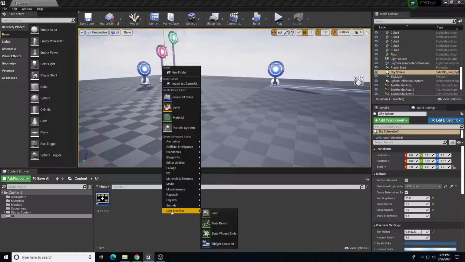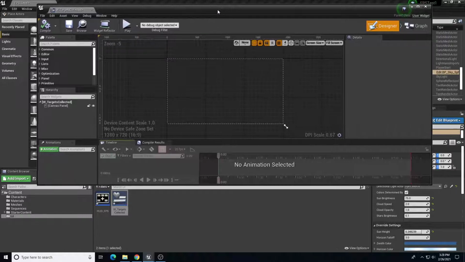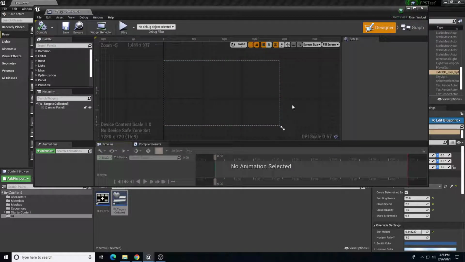We're going to create individual UI elements. UI elements in Unreal are called widgets. So if I go to user interface, widget blueprint, I'm going to type this out as W for widget, underscore, and we'll call this one targets collected. Double click that. This is the UI window,